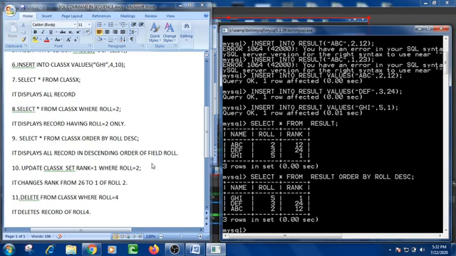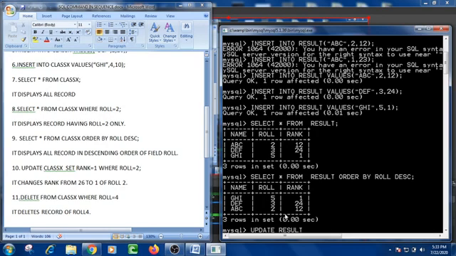Now I have to make some changes in it. Suppose that the rank of the roll number 5 needs to be changed from 1 to 2. Then what will I do? Update will be used, update, then result.